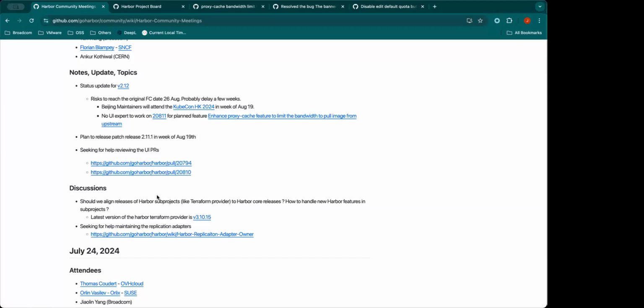This is just my suggestion, and I have already discussed it with Florent in a Slack channel. Currently I noticed that the release of Terraform is a little bit on demand. So can we share the experience of Helm with Terraform? We are aligning the release of Helm with upstream Harbor core and doing a 3-month cycle, rather than on demand to fix problems reported by community users. I just want to hear suggestions or advice from other maintainers.